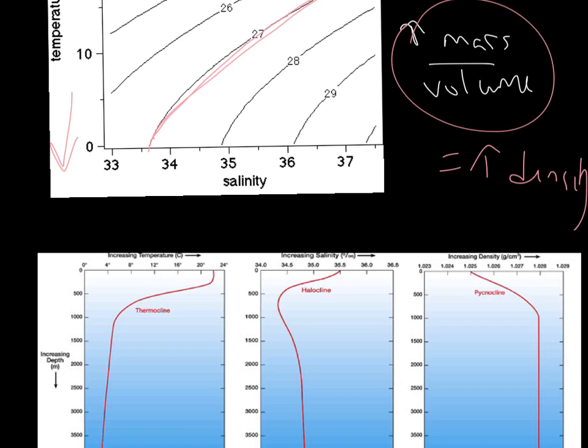So water typically stratifies or layers if it's different densities. The different mass per volume, or density, makes it not mix. But if you have water of the same density, it can mix. And we refer to that as cabbeling, which makes it unstable water, and you get mixing as opposed to stable,